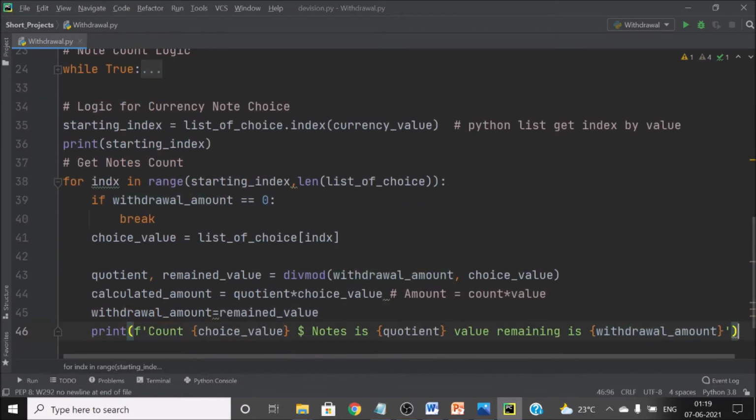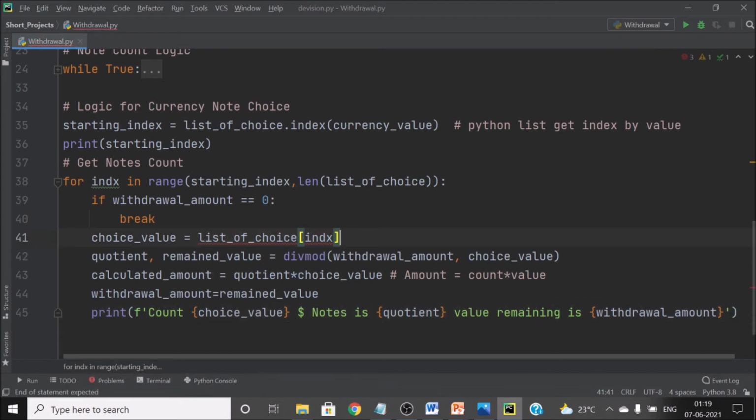And after I know from where I have to start, I am looping till the end of the list.